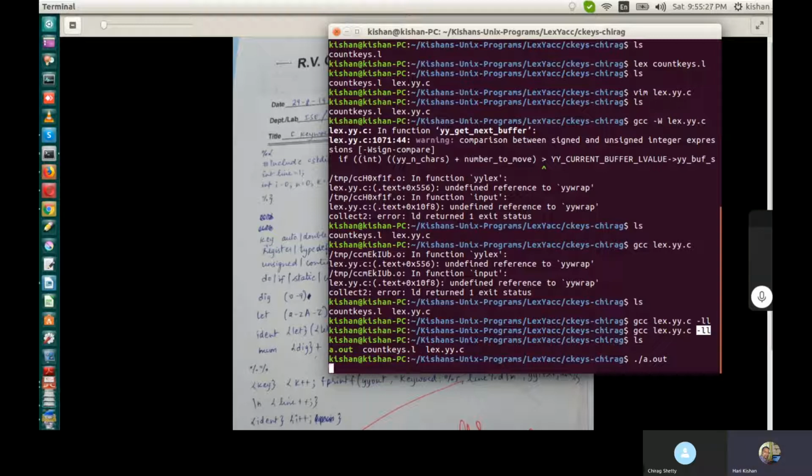now the cursor is waiting for some input. And that input I want to give is a C program. I will say